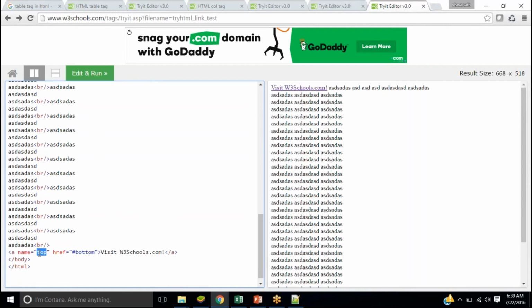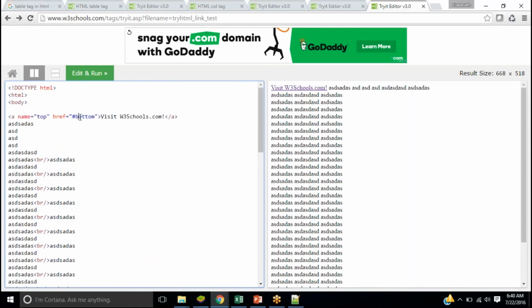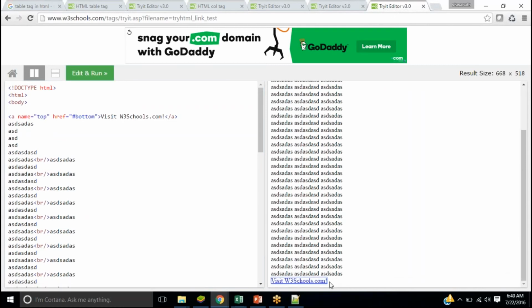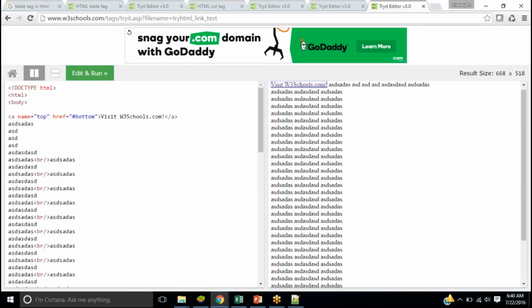So the name of this anchor tag is bottom, and this particular thing I'm saying that whenever I click this, go to the top anchor tag. Hash top means it searches for the top anchor tag in the same file and scrolls back to that particular thing. And here it searches for the bottom anchor tag in the same file and navigates to it. So now when I click on it, see, it got scrolled, right? Now when I click here, it scrolls to the top. I don't have to scroll manually using the mouse.